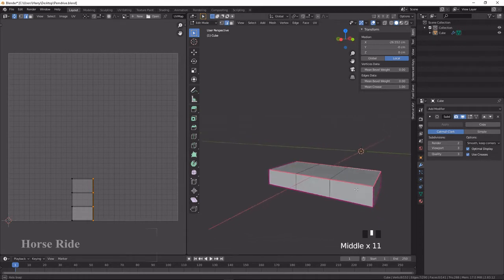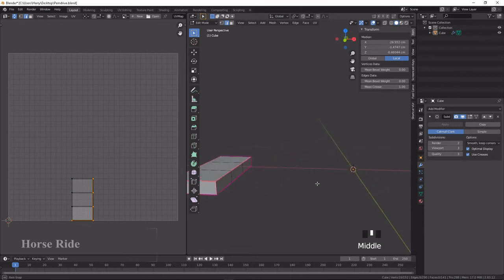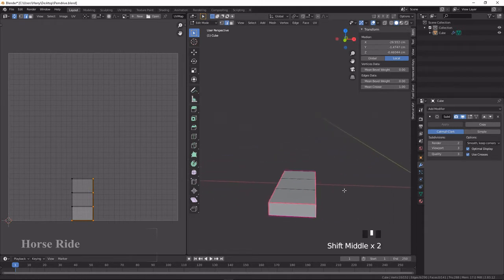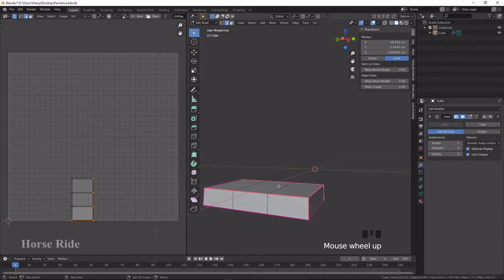Okay, and then select this one and select this one. So when I unwrap this, I have selected this piece to be cut and it's opening like that.